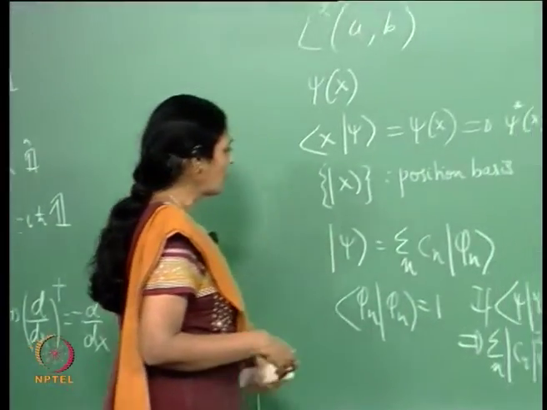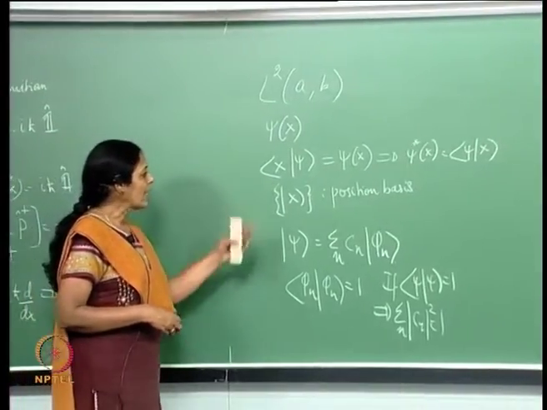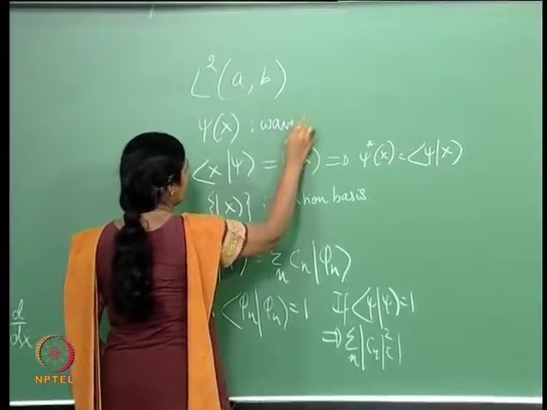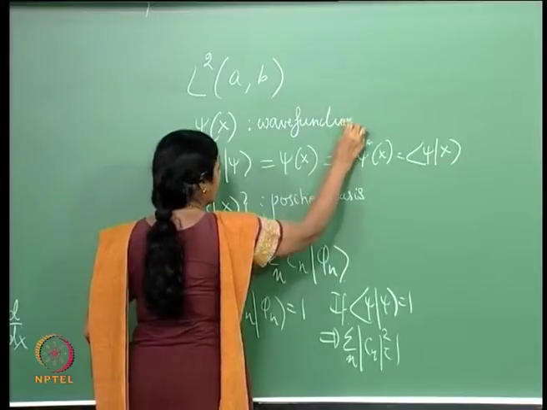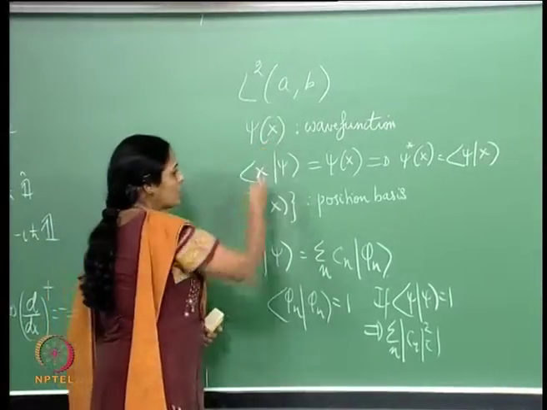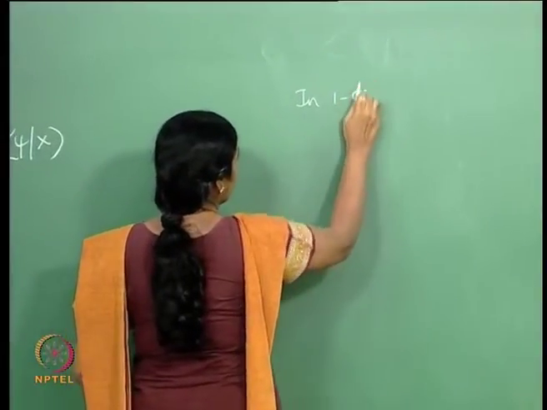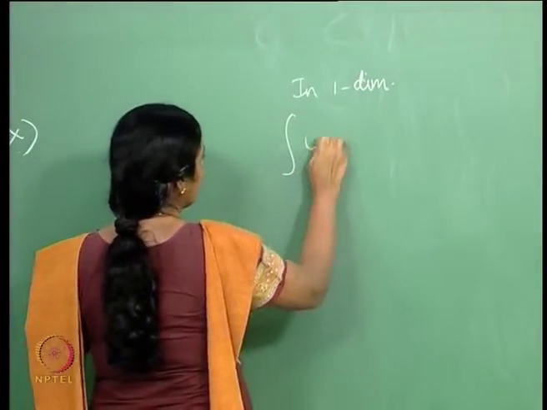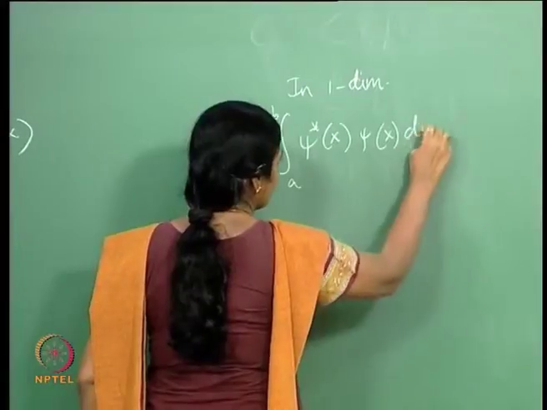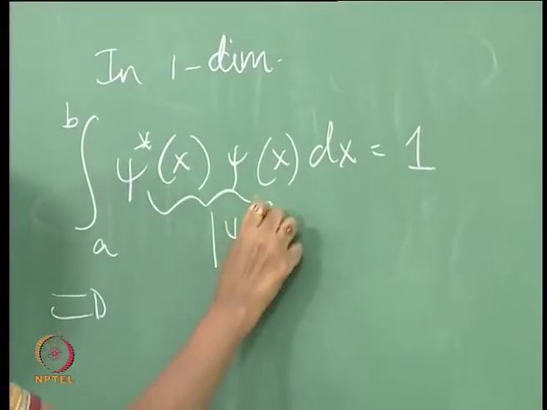But before going into the properties of an operator in an infinite dimensional Hilbert space, I would like to look at the state psi of x. Psi of x is called the wave function. And the Schrodinger formulation of wave mechanics was about psi of x. In one dimension, the fact that the integral of psi star of x, psi of x, perhaps the range is a to b, dx is equal to 1 implies that this object mod psi squared